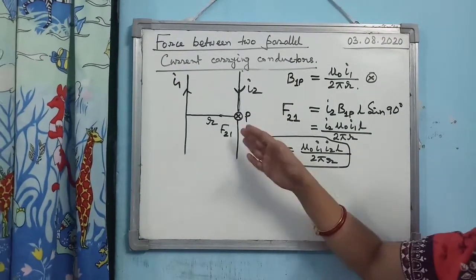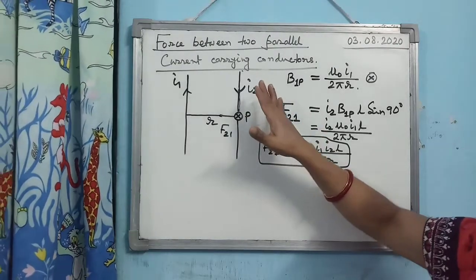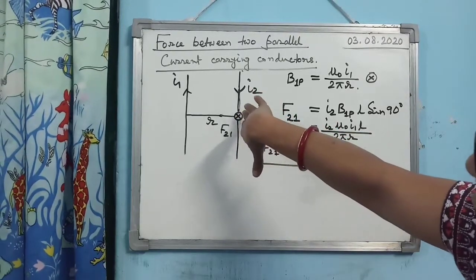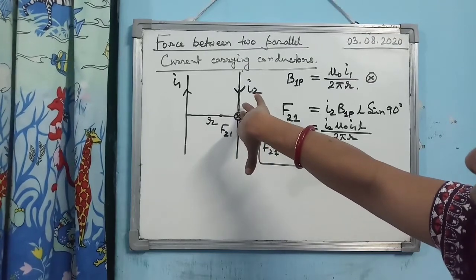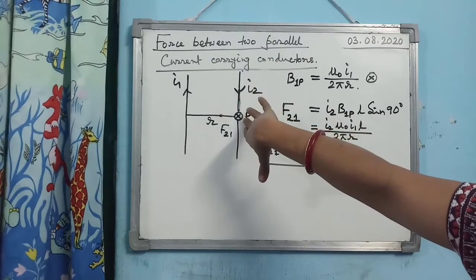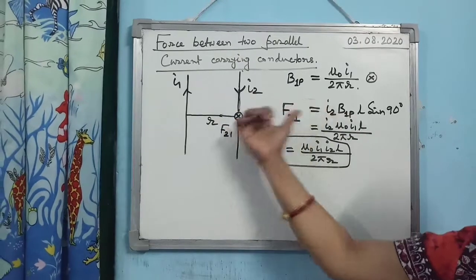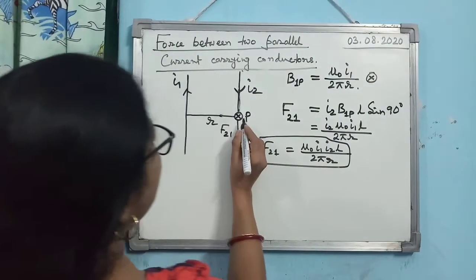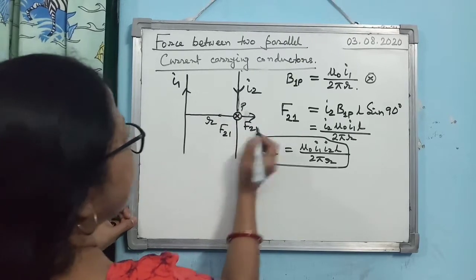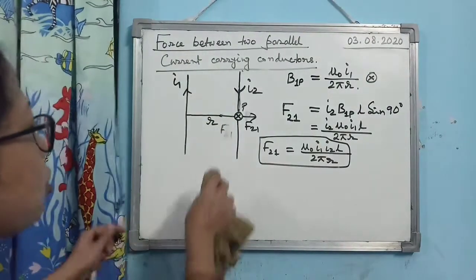Alright, just try to understand it. Here you see how I will set my right hand palm now in this particular case. Magnetic field is in the inward direction. So my four fingers are in the inward direction and the thumb is in the downward direction, along the direction of the current. So if I draw a perpendicular, it is coming towards the right. So you see the direction of F21 is in this direction. Alright. So in this particular case, what will happen?